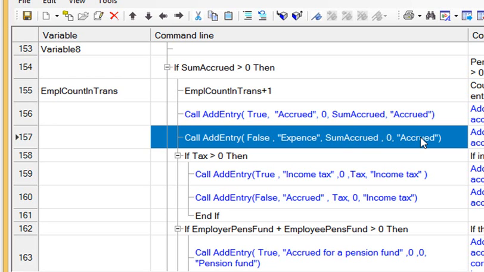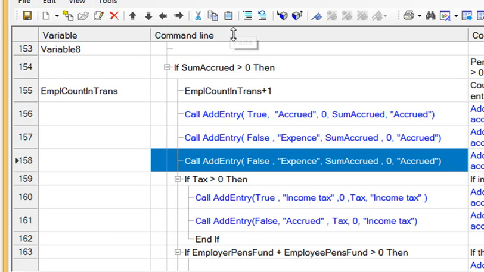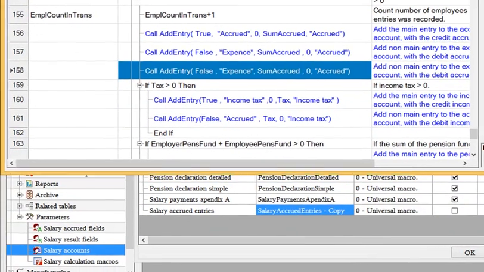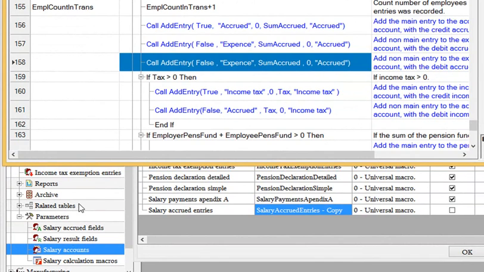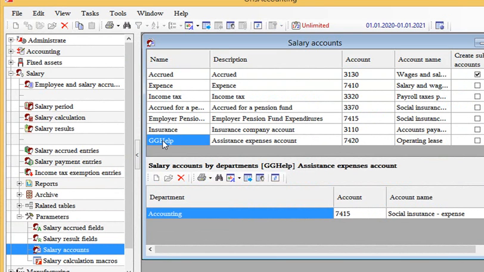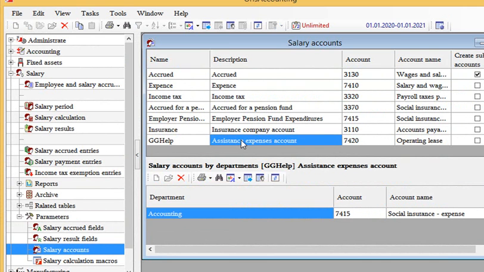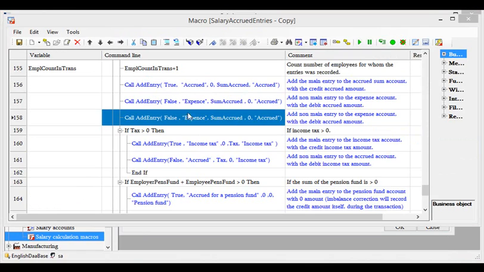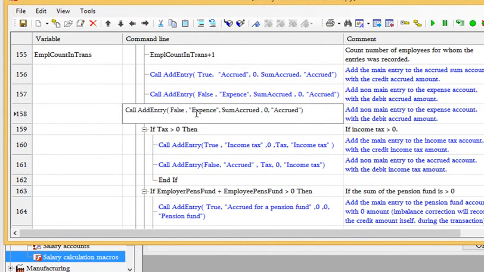We should add one more entry to this portion for our case. Let's copy this call and then make following changes. As you may remember, we add a variable GG help to the salary accounts where we place assistance expenses account. So let's put GG help here,